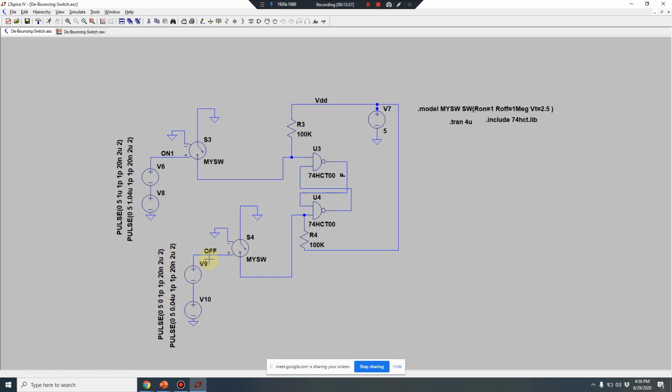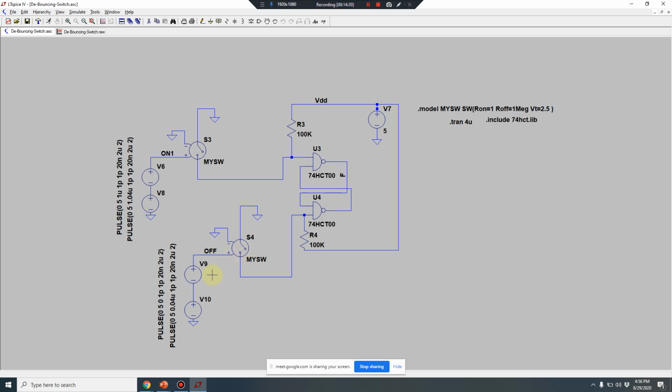Do you understand what a push button is? When you push, one contact will be made. So one contact I have given to 0, and the other contact I am taking to the NAND gate. I can't simulate a mechanical action here, so instead I have put one electrical switch here. So there are two mechanical switches. This is a push button, like your calling bell. When you press the calling bell, some contact will be made. When you leave it, it will go, right? It is something like that.